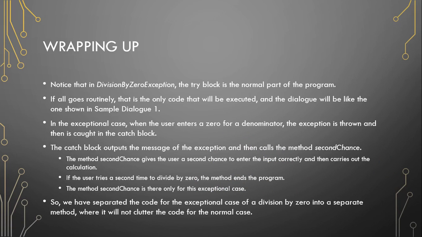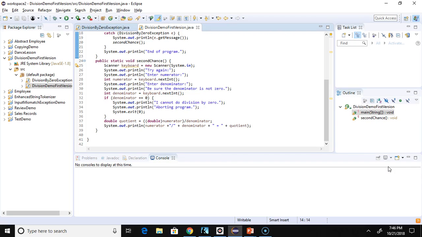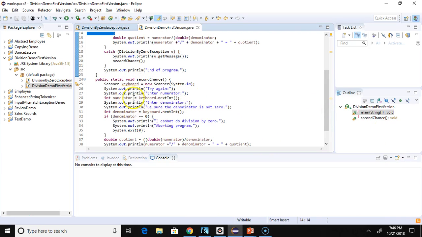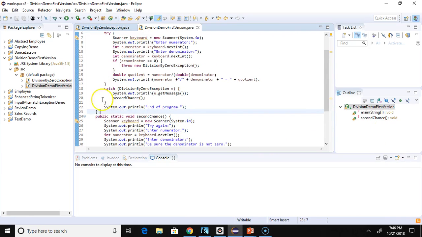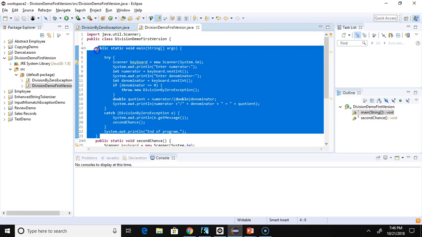So we separated the code for the exceptional case of a division by 0 into a separate method, where it's not going to color the code for the normal case. Technically we could put it up into that one program, but by separating it out into its own method, it keeps it clean from the main method, where our program would function under normal